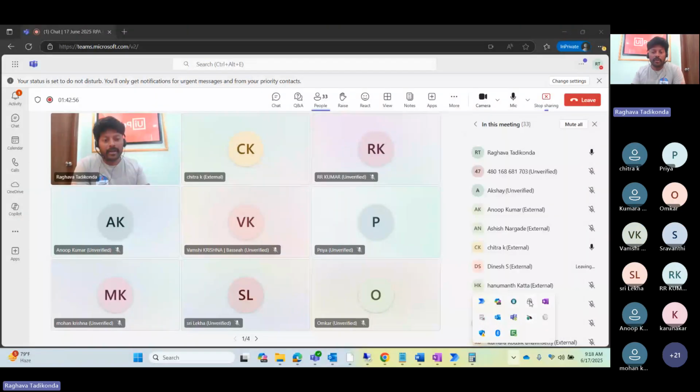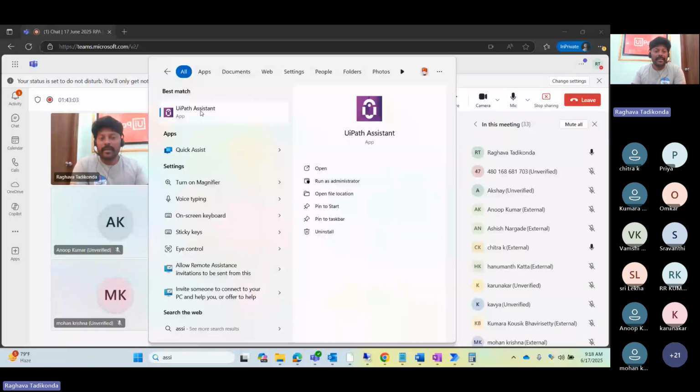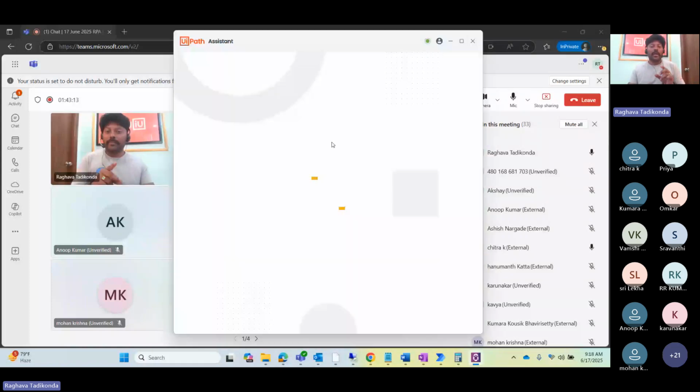For example, see here. Attended robot means, guys, open your Assistant. If you install UiPath in your machine, you will install UiPath Assistant also automatically. This is my Assistant. Assistant means whatever I inform, that Assistant should do. So I have installed my Assistant in my machine. This is nothing but an attended robot, which means a human being opens the Assistant